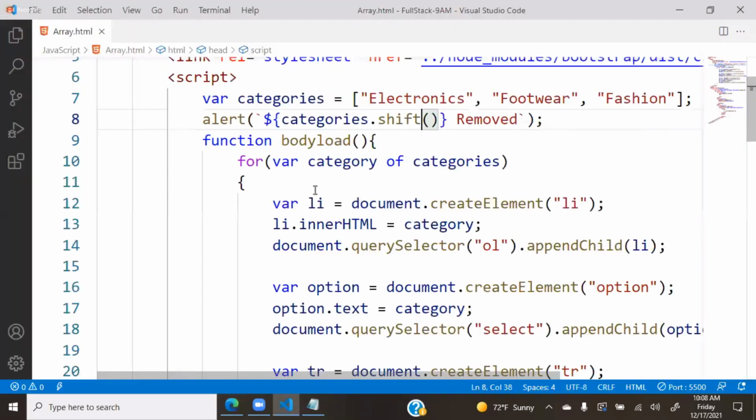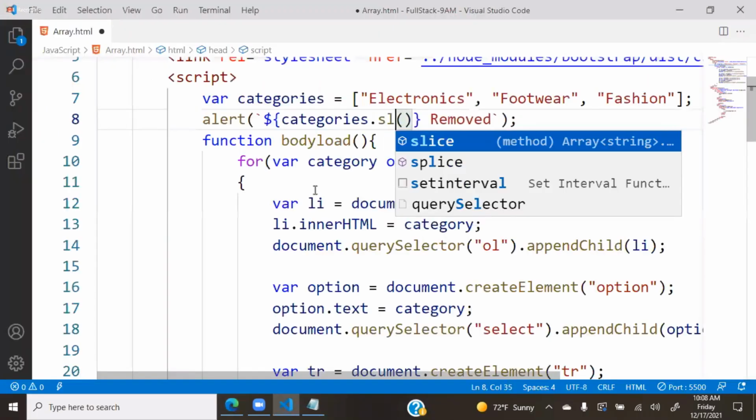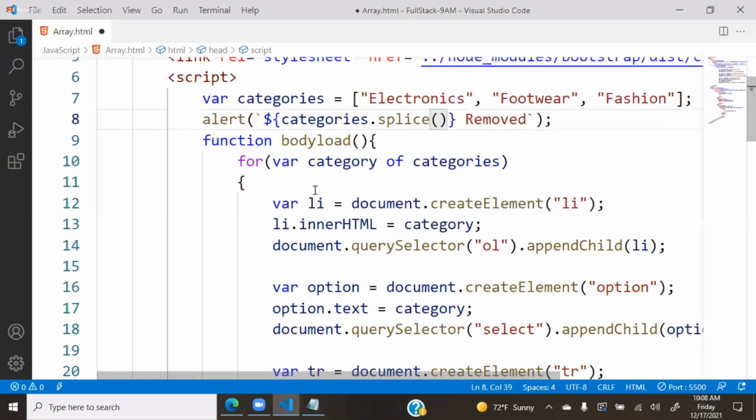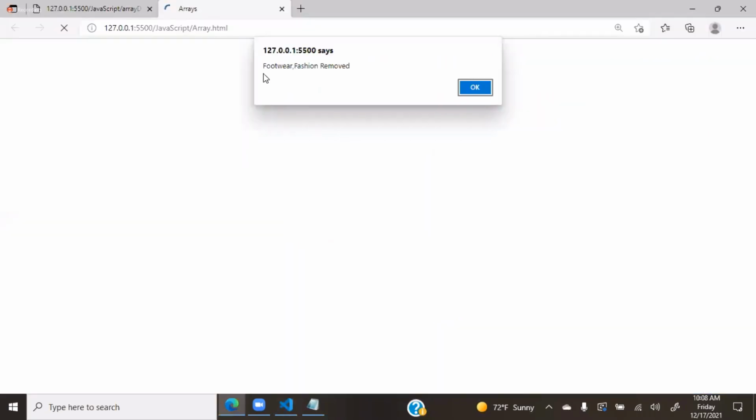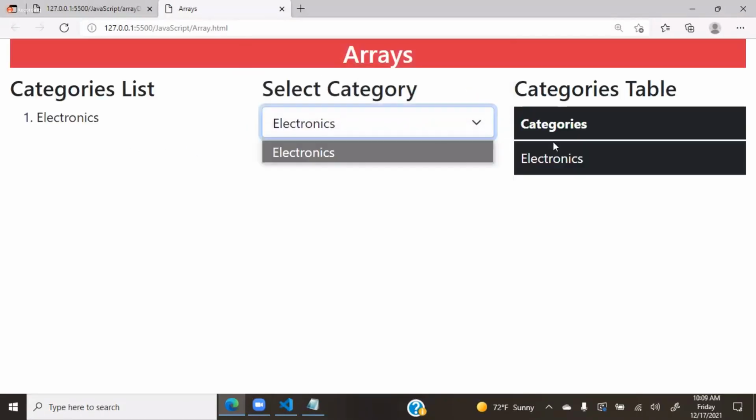Suppose I am using splice. Splice is simple. From there, how many to remove? Only one. Then one, you can say two. That means from there it will remove the second one, so now only electronics will be there. Fashion and footwear removed, and it is displaying only electronics. That means you can remove